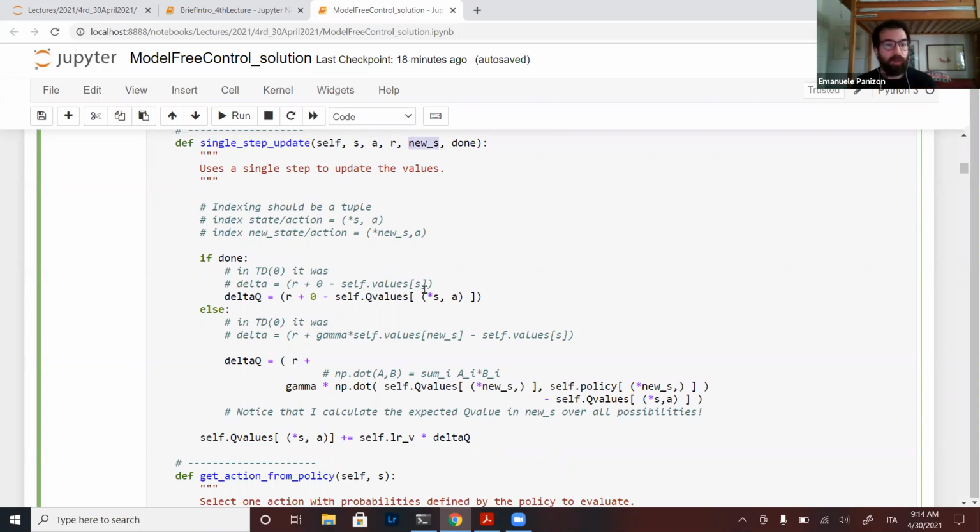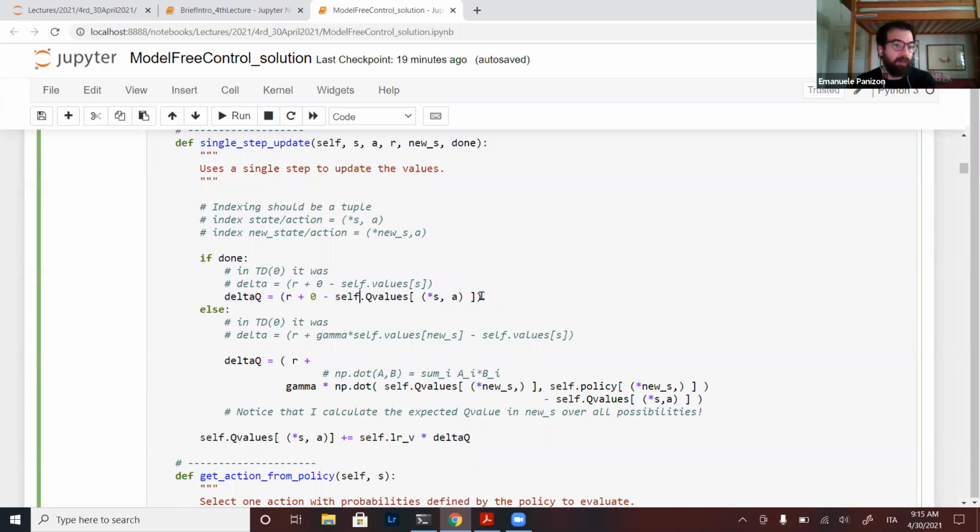And as last time, if the episode was finished, then in temporal difference 0 we had that the delta was the reward plus 0 minus the value in the state. We have the same thing here, but I call it delta Q to differentiate it, and I have reward plus 0 minus the value of the pair state and action.